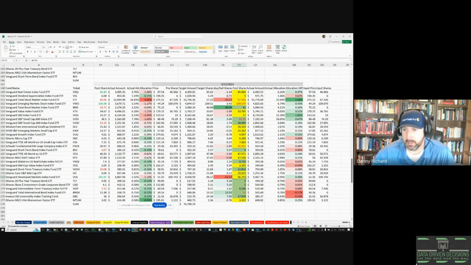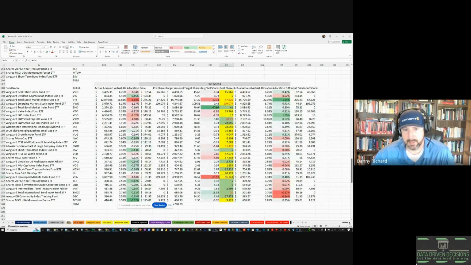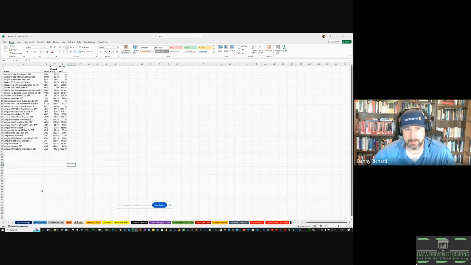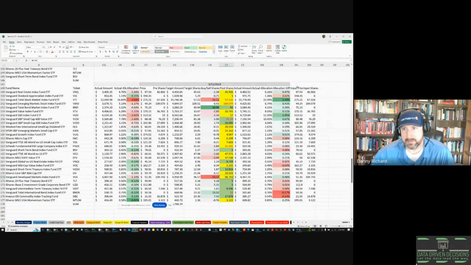Today I finally changed or rebalanced my big retirement fund that I hold in Vanguard. And this is the sheet that I use in order to execute the process. It starts off with this input page where these are all the funds in which I'm invested, and I just have to enter the current price and the shares that I hold. That ends up coming right here, and I just paste special and paste values into the price into the pre-shares, and then